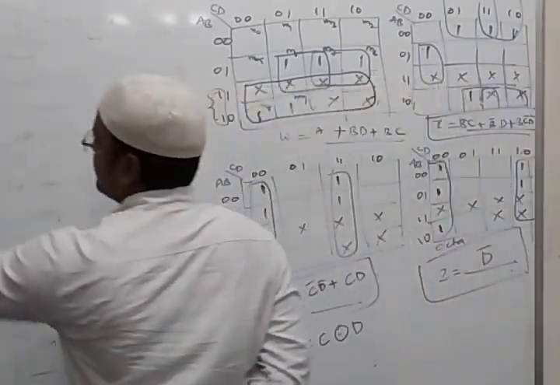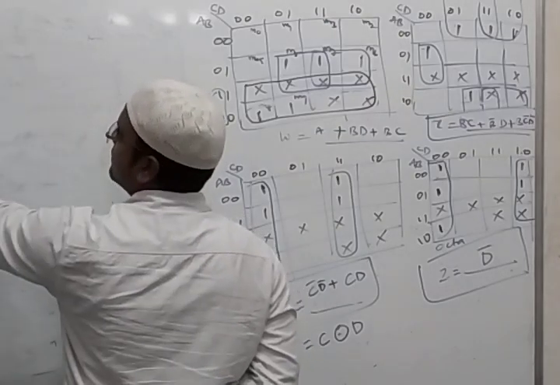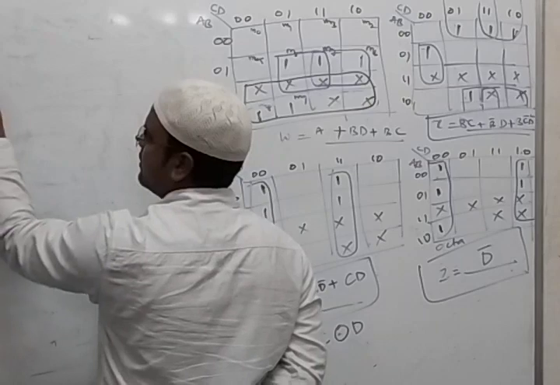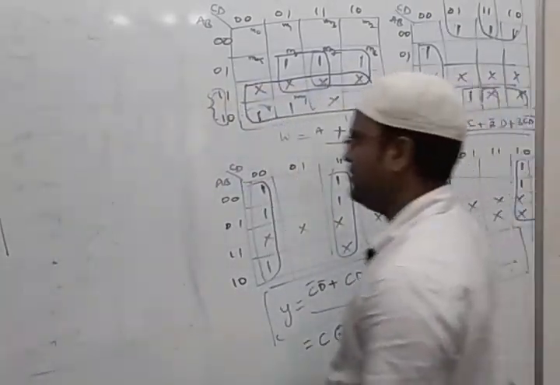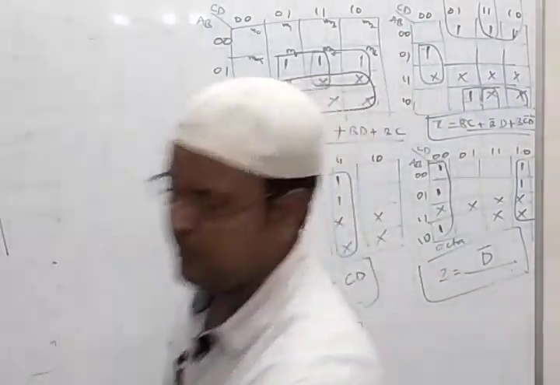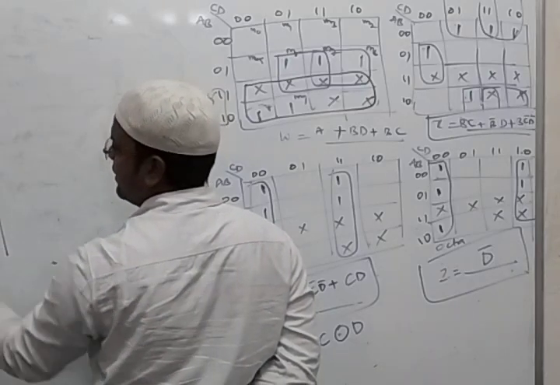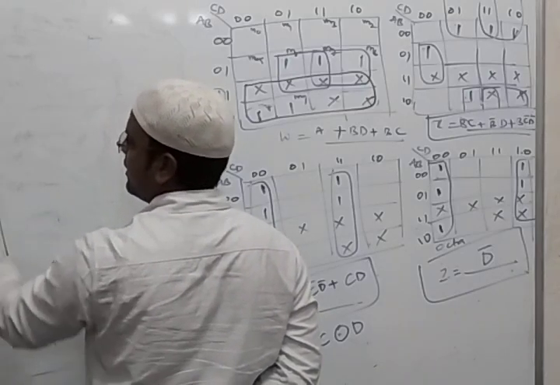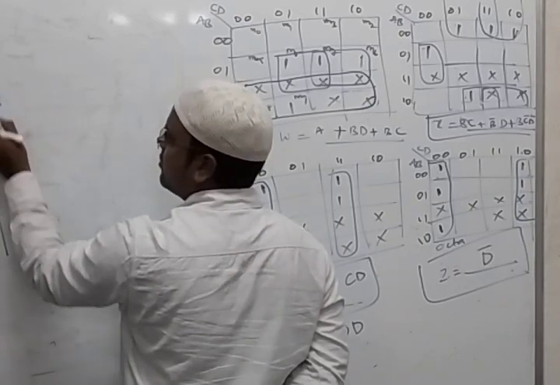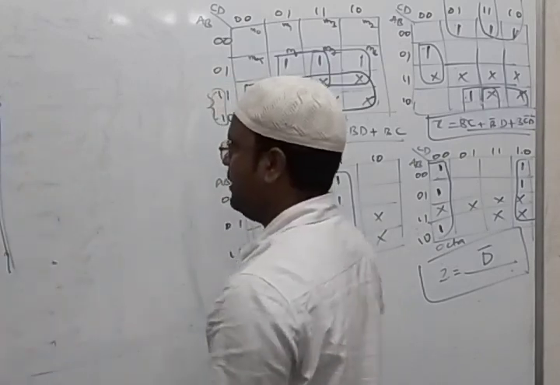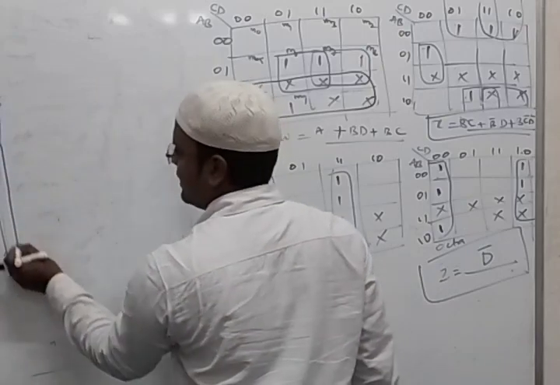So what are these input values we do have? We have A, B, C, and D. If you want to take the complements, you can proceed with that. I can take the complement of A by using a NOT gate. I got one NOT gate, I got A complement, one more NOT gate, I got B complement, C complement, and D complement. So I do have all these connections. These values I will take separately. These lines should not coincide, all should be separated.